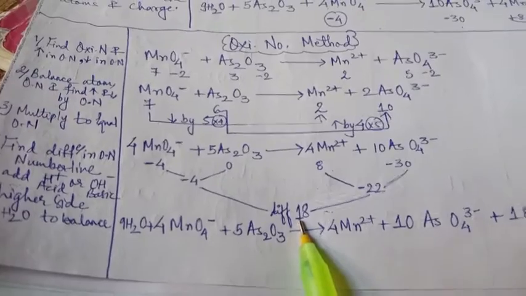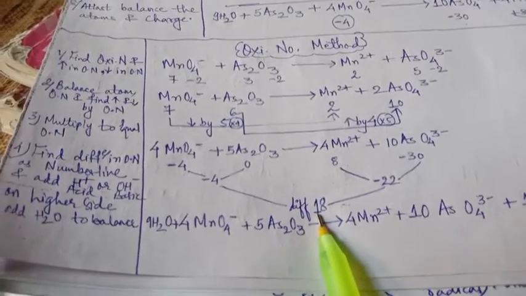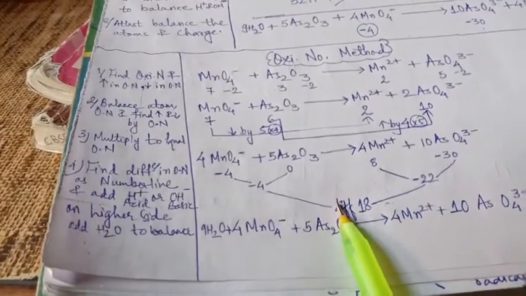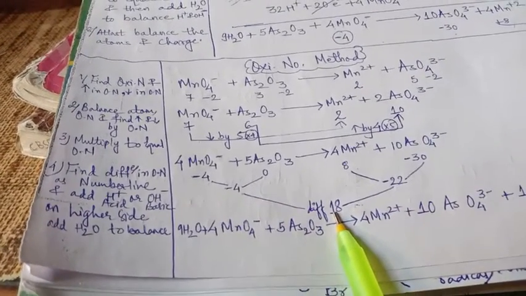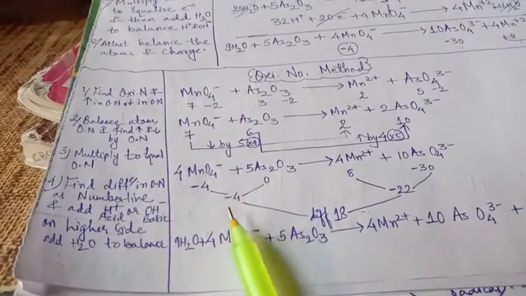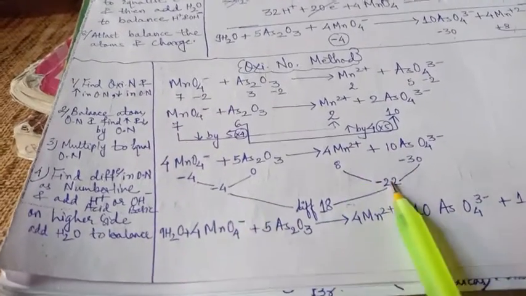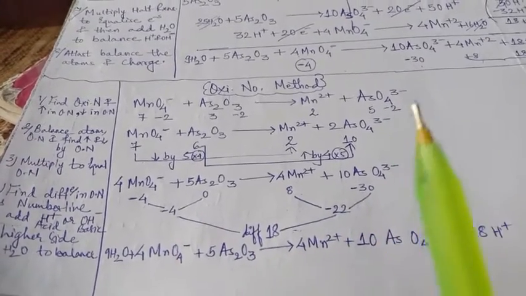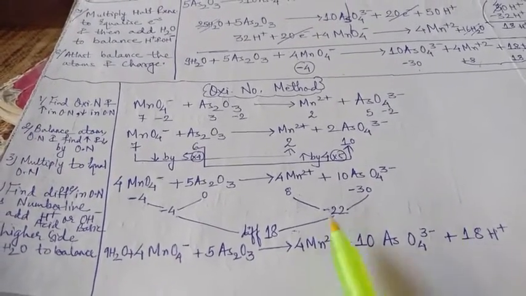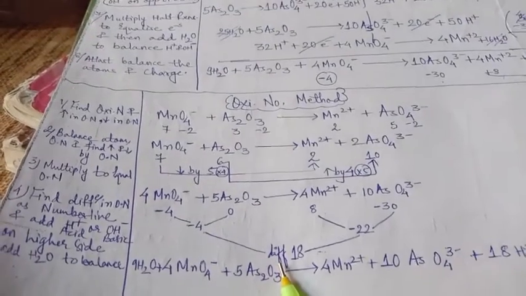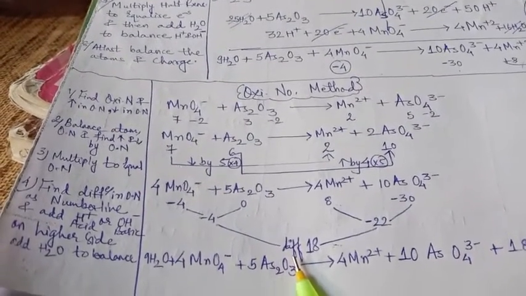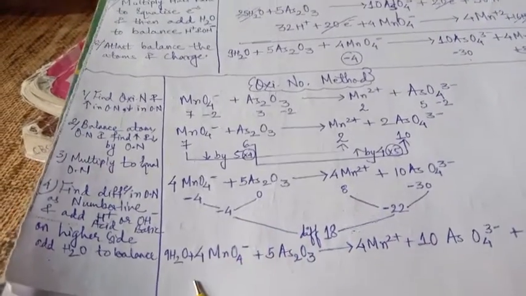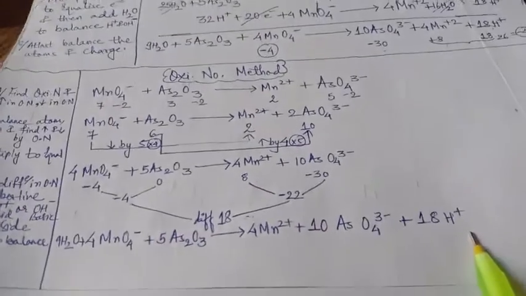Now as we know it is an acidic medium, we will have to add H plus. How many H plus will I have to add? 18 H plus I will have to add. I will add 18 H plus on the bigger number. Now we will not see the minus sign here, only 4 and 22. So 22 being greater than 4 without sign, the 18 H plus is to be added on that side. But if OH minus is to be added, then we will not add it on the bigger side, but opposite to it, so it will be on the 4 side. So 18 H plus is added over here.